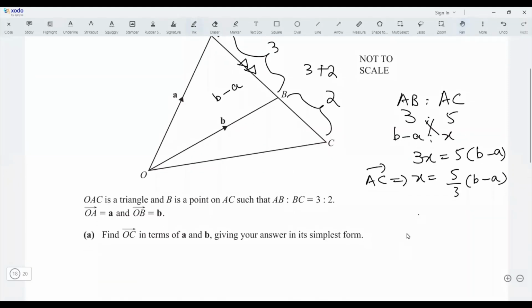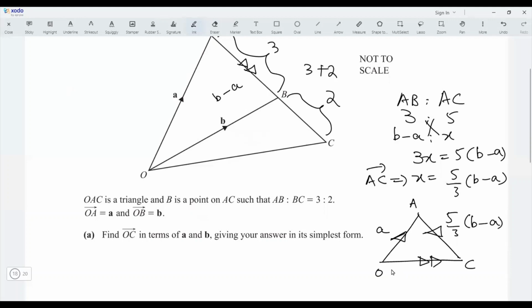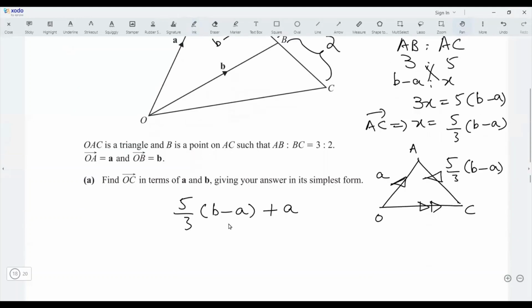I'm just making a separate diagram, then you can understand it quite easily. We need to find OC in this case. We know OA, O is heading towards A, and we know AC. AC we have found, it's 5 by 3 of (b minus a). So for having the OC vector, look at the head. Both heads are joining, so 5 over 3 times (b minus a) is positive, and tails are joining, so a is also positive. So open the bracket and simplify,